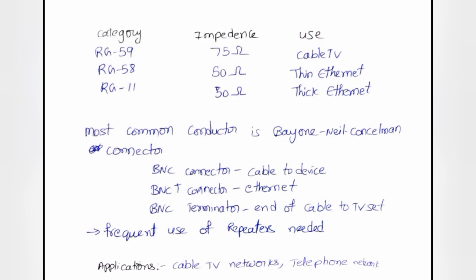So here the main advantage is it can carry maximum speed compared to the twisted pair cable, and it can handle without having any crosstalk, which is a problem in the twisted pair cable. So here the number of twists in the